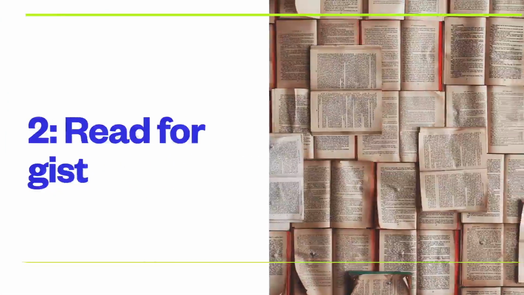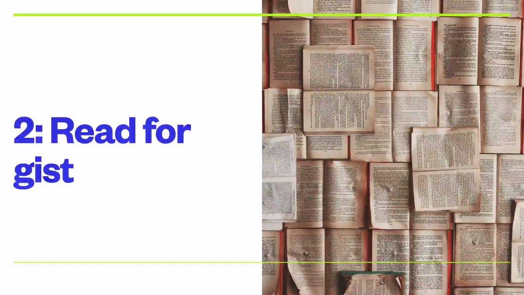Number 2. Read for gist. That means you have a real quick look at the text. Don't go in for the details. Just go through it, skim the text, just find out what the text is about. Have a look at it. Don't use a pen or pencil right now. You don't know what you're looking for at this moment. Okay, you just want to go at the text, have a quick read, and then with the general, very broad